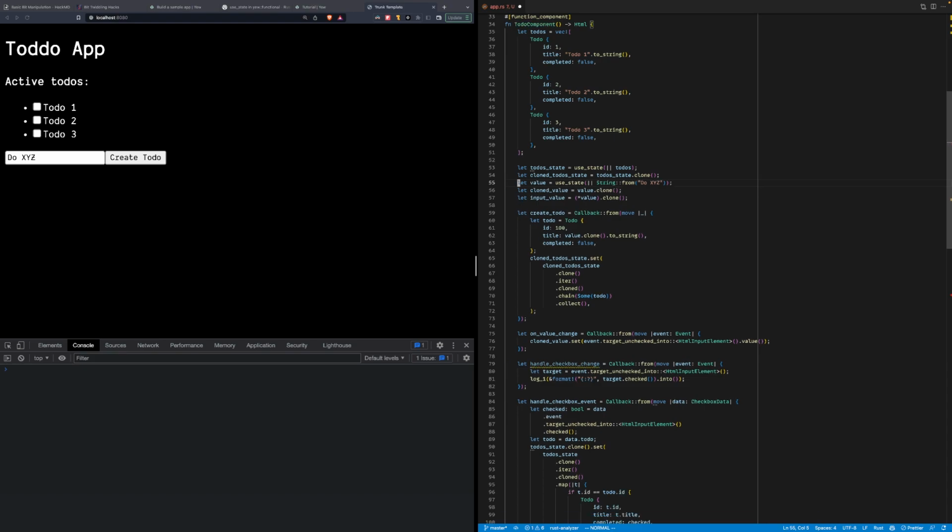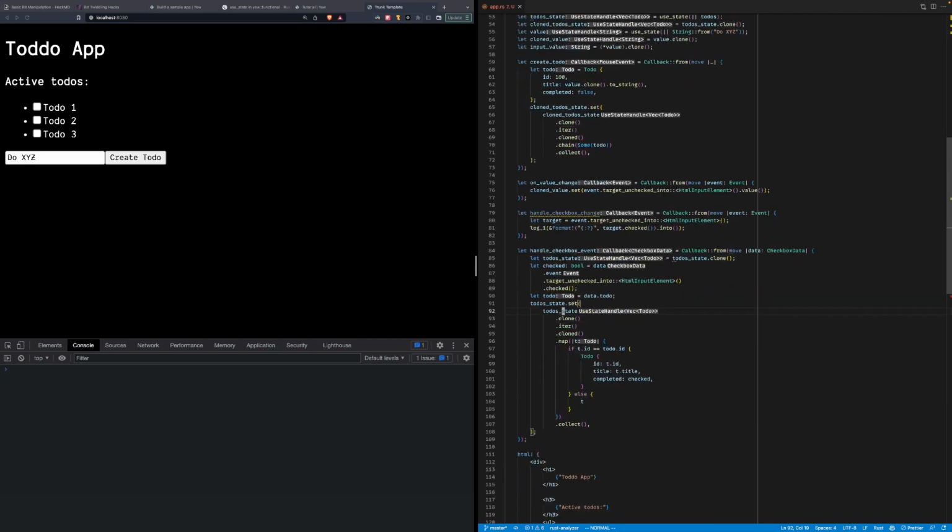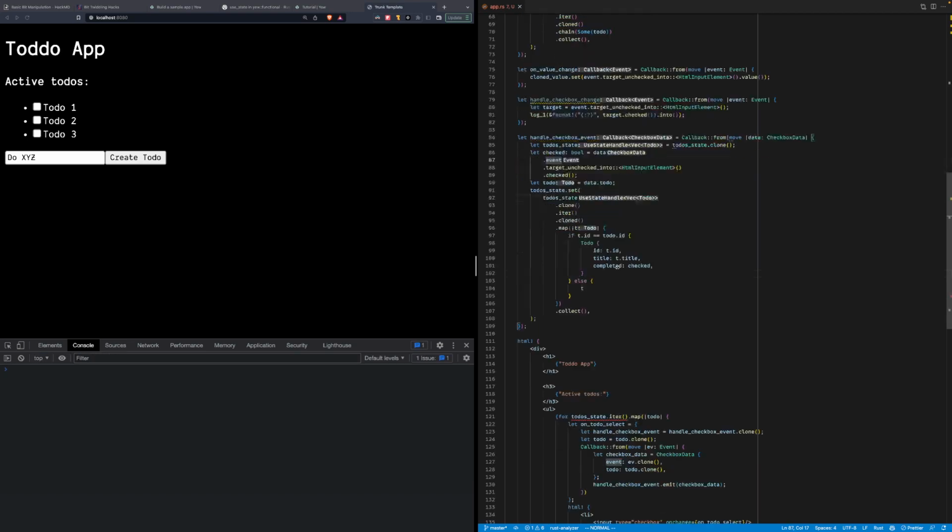But when I'm trying to do this, let's see if it works. If I do let TODO's state be clone, and then I'm going to use this. We still have an issue. It's already cloned, right? Do I have to? Look, it's still not solved.